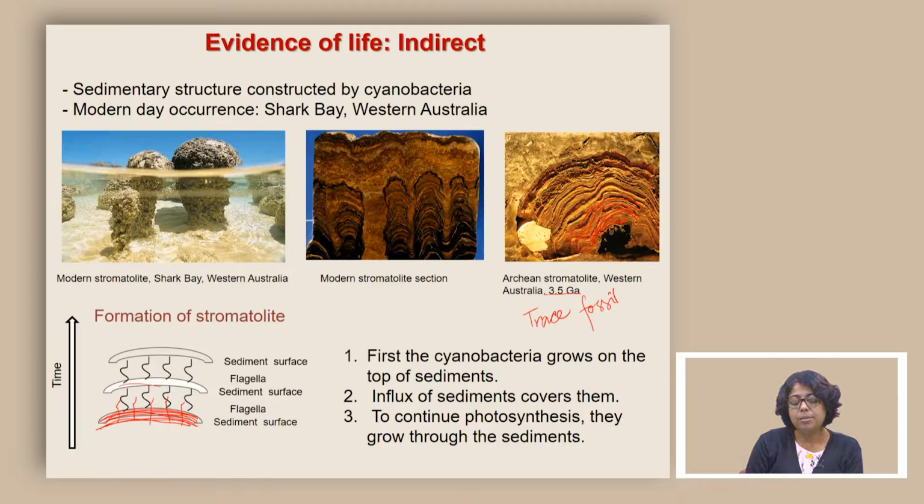Now you may ask, what happens to these organisms which were in between? Well, these organisms, they do not have a hard skeleton, and therefore they do not get preserved. Although we may get some layers which are simply rich in carbon, we do not really get the complete preservation of these cyanobacteria. And that is why the stromatolites are primarily the record of their activity, their habitat, but not their body fossil.